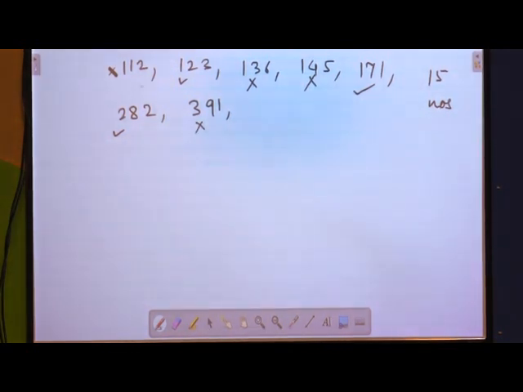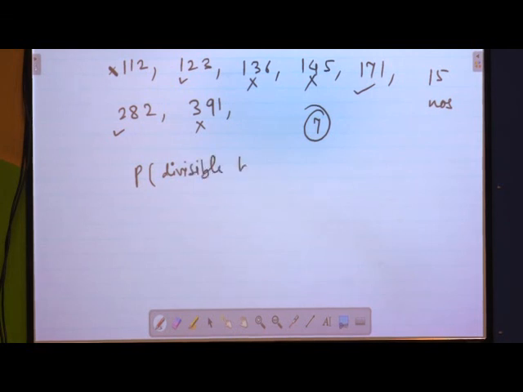Now what are the numbers I have written here randomly just now? 1, 2, 3, 4, 5, 6, 7. The total numbers I have written here are 7. Then what is the probability of the event mentioned just now, divisible by 3? I have written the 3-digit numbers in shortcut, you can write them in a proper way. How many numbers did we get which are divisible by 3? 1, 2, 3. So favorable outcomes are 3 and total outcomes are 7.